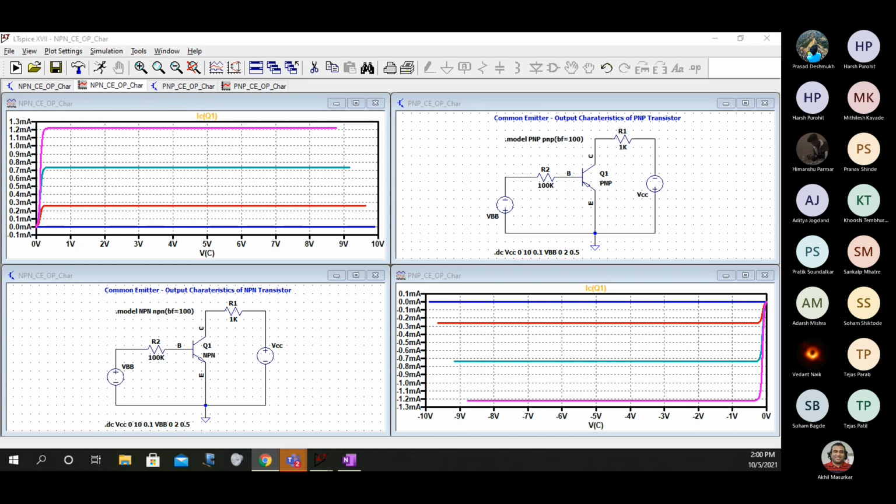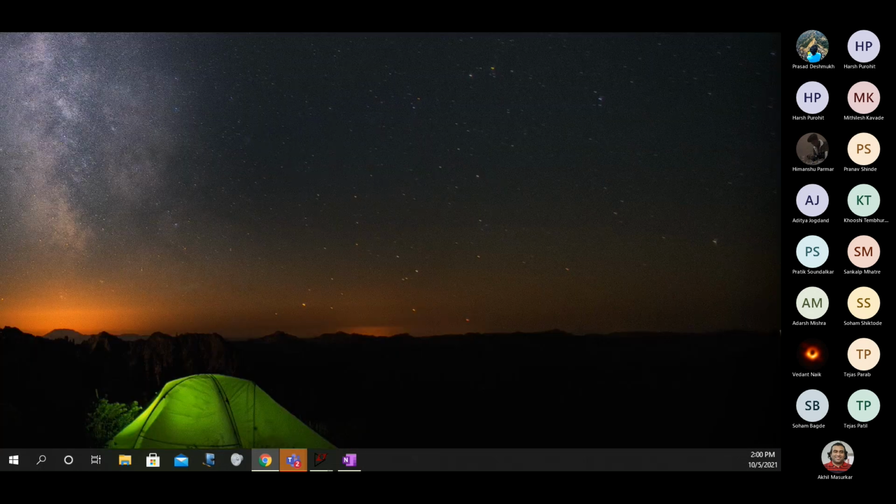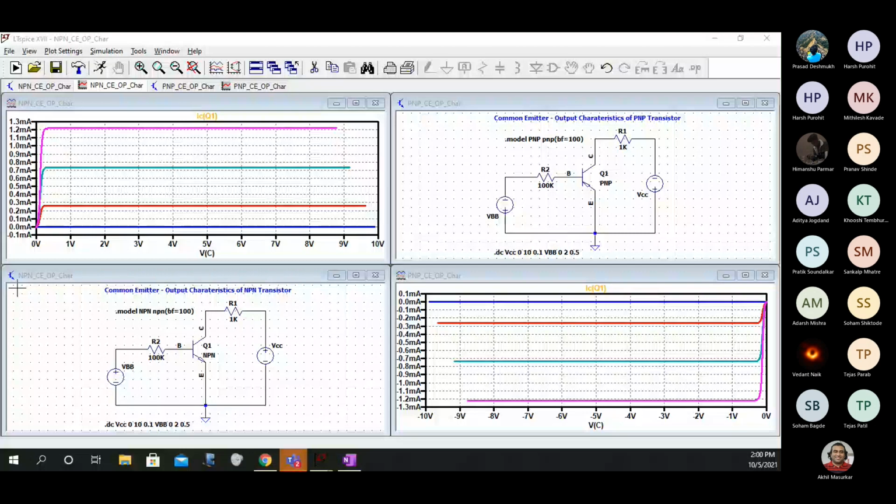Once done, write done in the chat box. Okay, Harsh and Mithilesh, I can see you have done. I'm waiting for others. Adarsh, Aditya, Kushi. Pratik has done it, sorry. Soham, Tejas Parab, Tejas Patil and Vedant. I want to see your outputs.